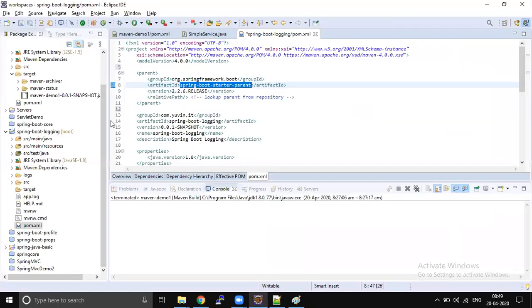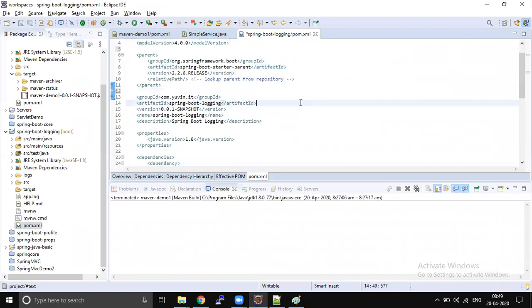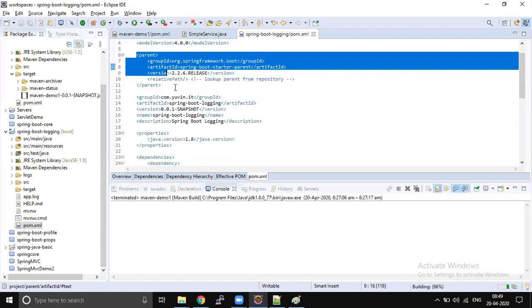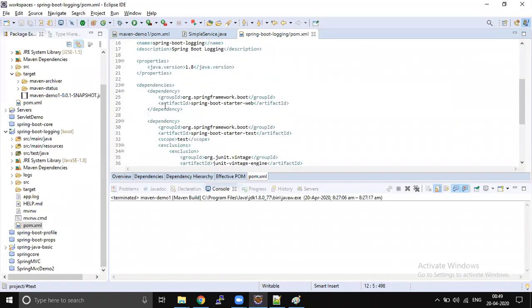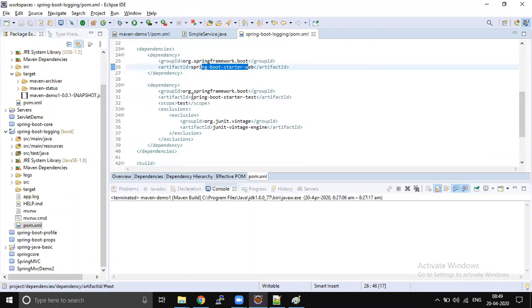So look at this project in my pom.xml file: I made Spring Boot starter my parent, and I have added only two dependencies. One is spring-boot-starter-web, and another one is spring-boot-starter-test. I have added only two dependencies.